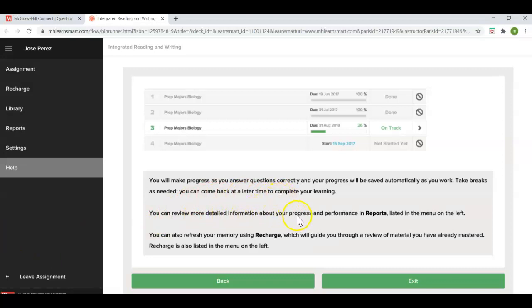You can review more detailed information about your progress and performance in reports. So right here, I don't think there's anything to report now. I clicked on it earlier. First of all, I'm the instructor and I'm not going to be doing these assignments that much. I'll do a little bit of this first assignment. But this is where it would give you a report on what you finished,